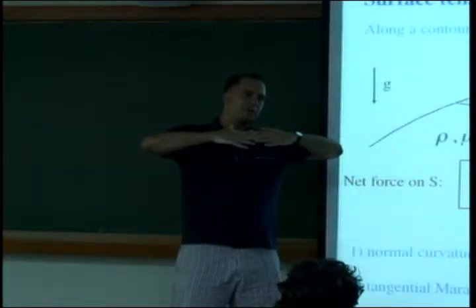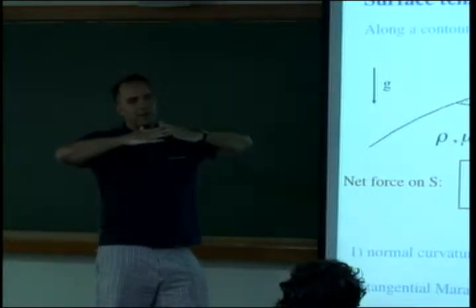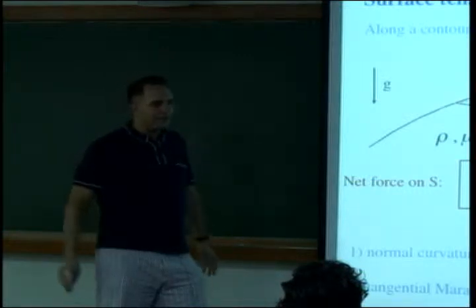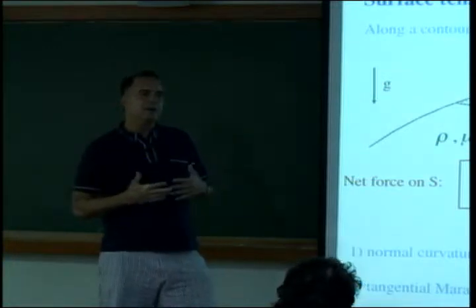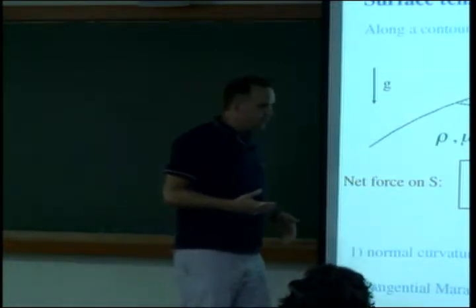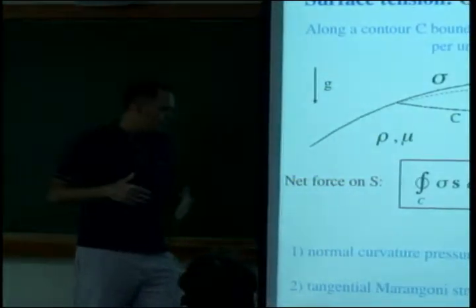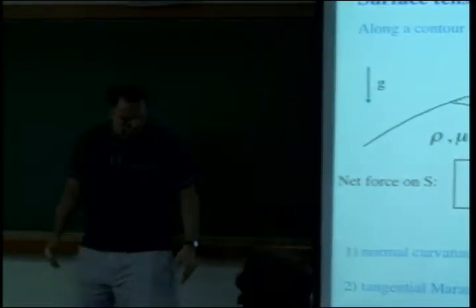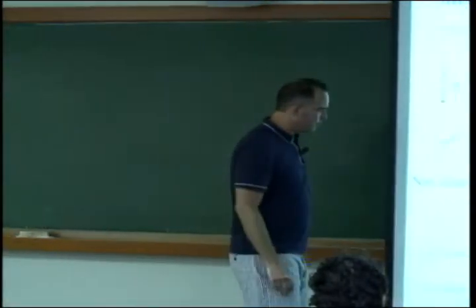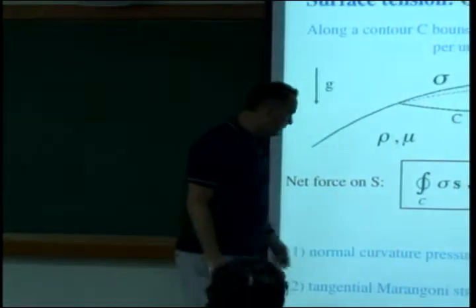So from the scaling arguments we've done last week, we know that if these bumps are small relative to the capillary length, so if they're sort of millimetric in scale, then surface tension is going to kill them faster than gravity. Okay? And so you have two types of waves according to whether the waves are big or small. There's a balance between fluid inertia and either gravity or surface tension, both of which are the restoring forces. So large waves, the sorts of things you surf on and you see around Copacabana Beach, are, of course, gravity waves, and then the small ripples you see in ponds and so forth are typically